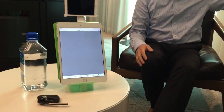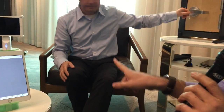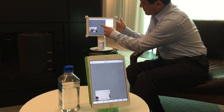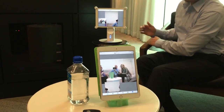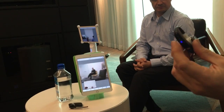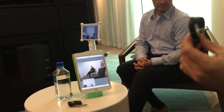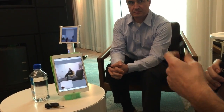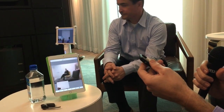Okay, one last demonstration here is this idea of a Kubi. Thank you, Tanguy. If you don't mind firing this up. I've told you that this headset understands where it is in space. I'm wearing this headset, and Tanguy is firing up a second iPad. That iPad happens to be sitting on a robot provided by Revolve Robotics that's going to respond to the actions of this headset. This is a form factor that we're very good at making. We've miniaturized it, we've worked on the materials, but this is the kind of thing that will work with Tanguy's organization and factor some of these things into the